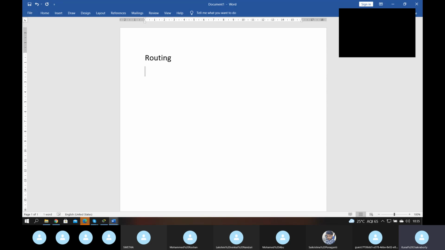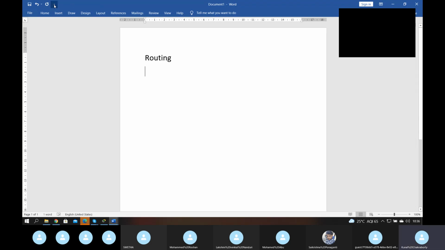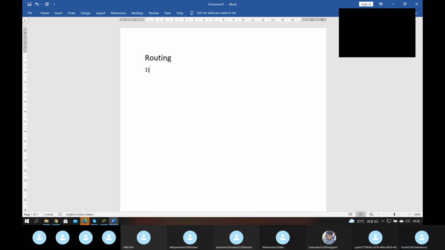So in routing, there are two types of routing. One is static and one is dynamic.